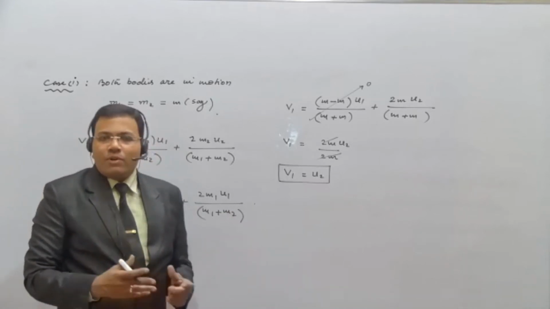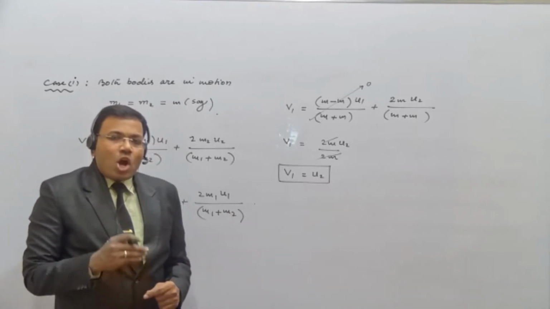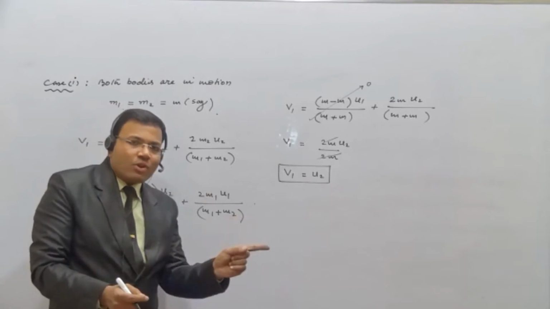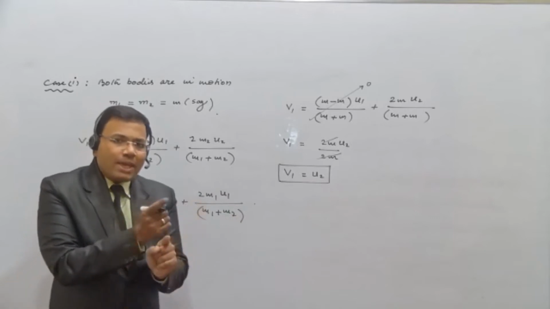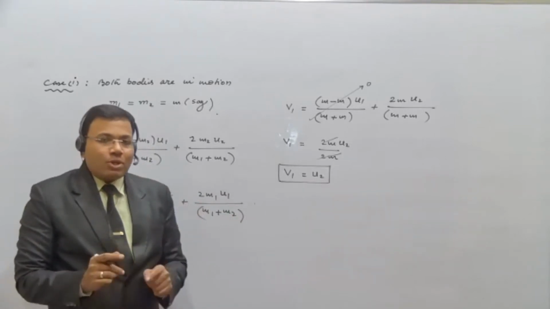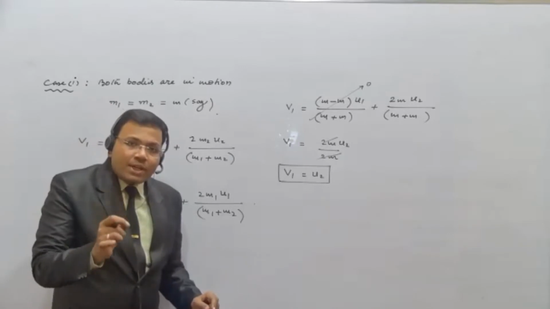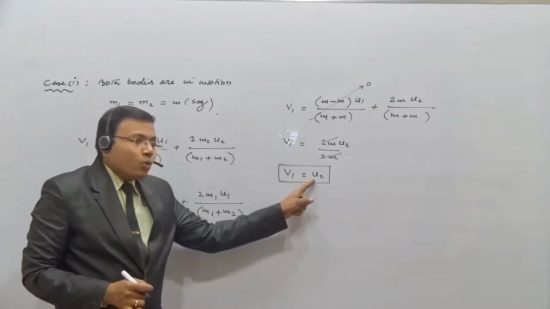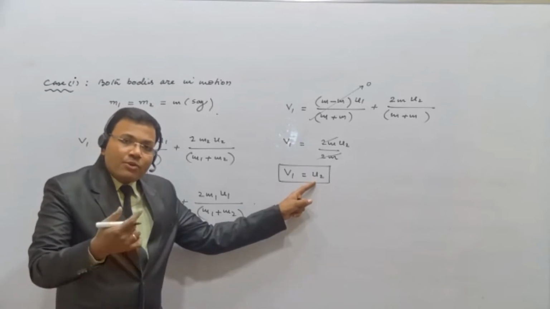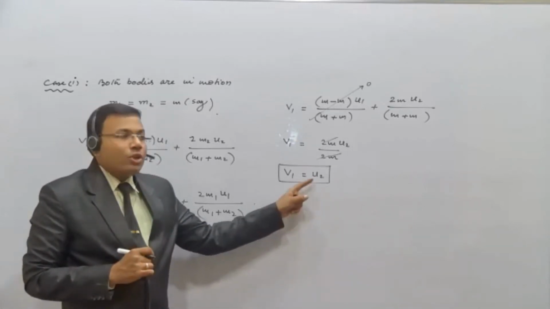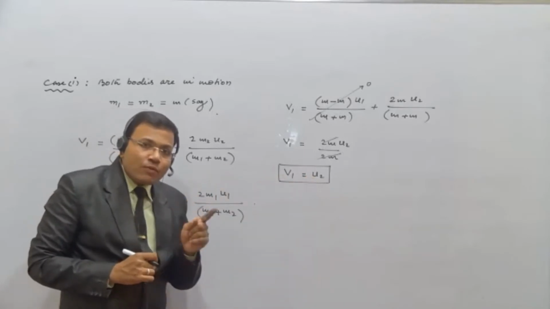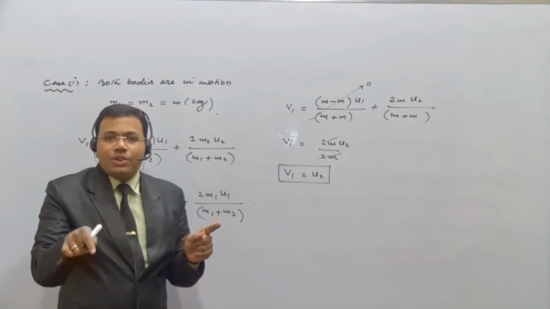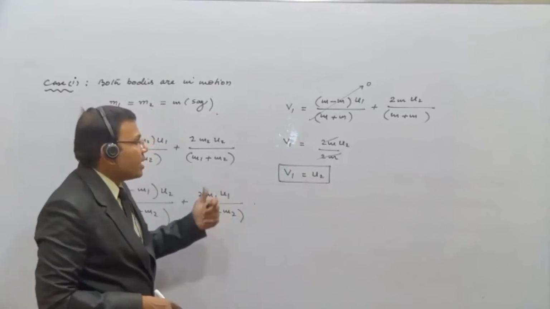What we have understood from this is that after the collision the final velocity of the first body is same as the initial velocity of the second body, मतलब velocity यहाँ पे exchange हो गई है। Try to understand, v1 is the final velocity of the first body after collision and u2 is the initial velocity of the second body before collision. तो ये दोनों बराबर हो गए, दैट मीन सेकेंड बॉडी की जो वेलोसिटी थी ना बेटे, अब आ गई है फर्स्ट बॉडी की फाइनल वेलोसिटी।